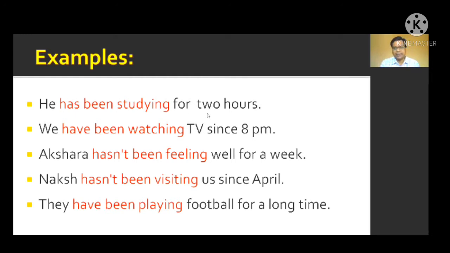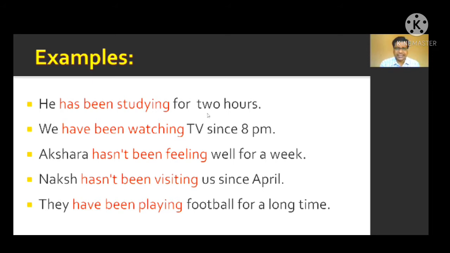But mind it well, whenever we use present perfect continuous tense, we need to apply some time context also. You can express the time context in different ways. Like you can use since in order to indicate the point of time. You can use for in order to indicate the period of time. Okay, so you can go ahead with that. So let us look at this particular sentence.